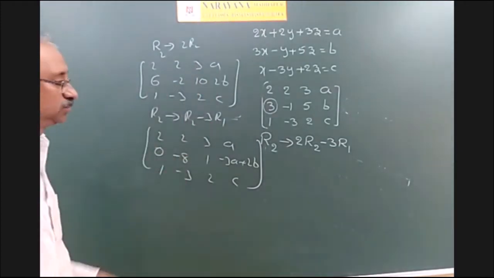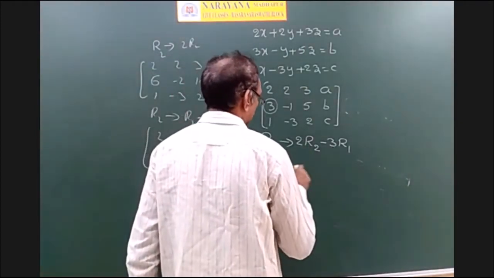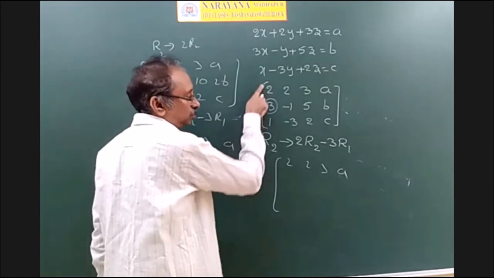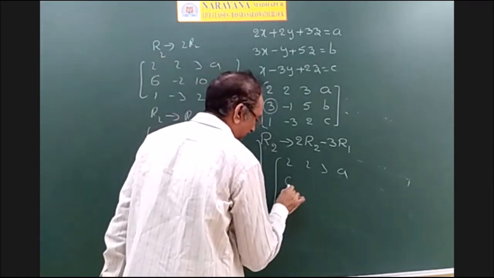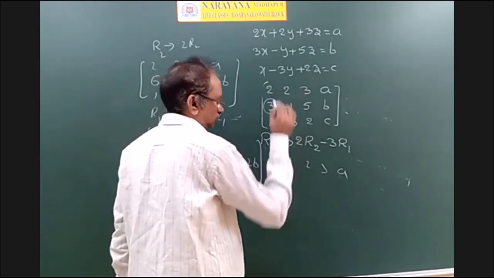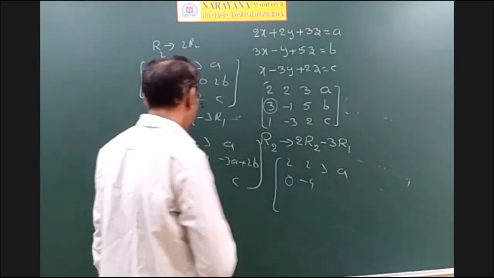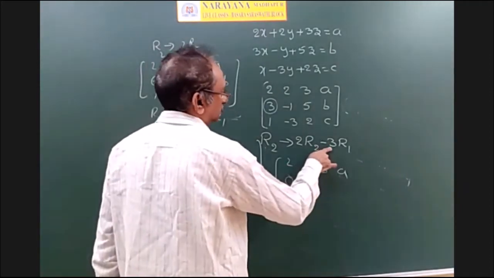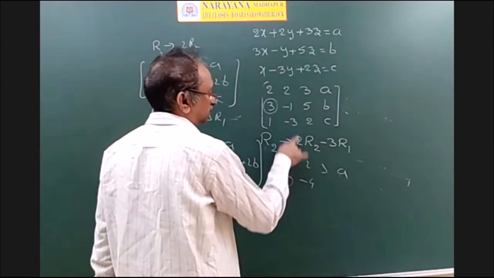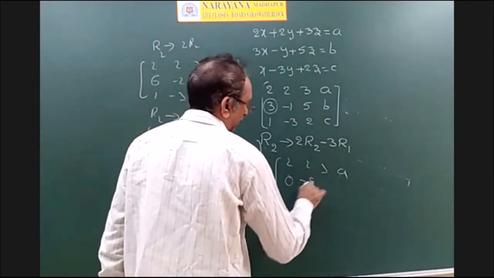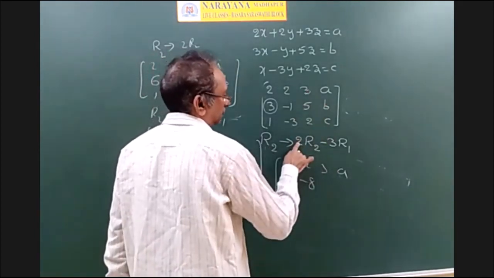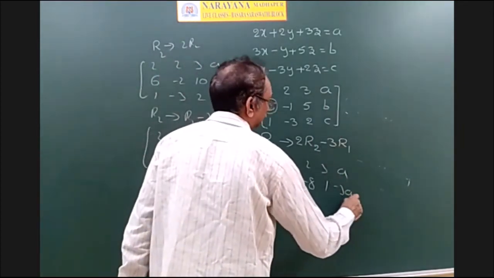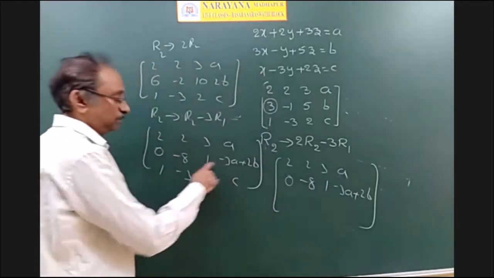But combining these two operations, here only I can do. That is 2, 2, 3a, multiplying this with minus 3 and multiplying this with 2 and adding. So minus 6 plus 6, this becomes 0. Minus 6 plus 2, this becomes minus 4. See, here also, oh, no, not minus 4. Is there any problem here? So this is minus 6. Oh, this is minus 2 now. So this is also minus 8, and minus 9 plus 10, that is 1. See, this one is 1 and minus 3a plus 2b.